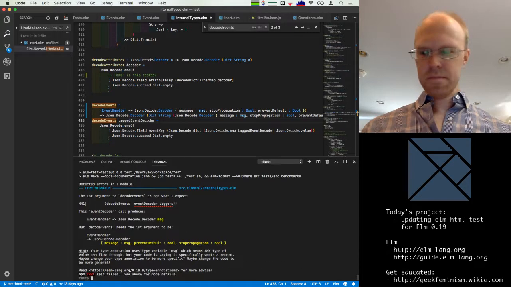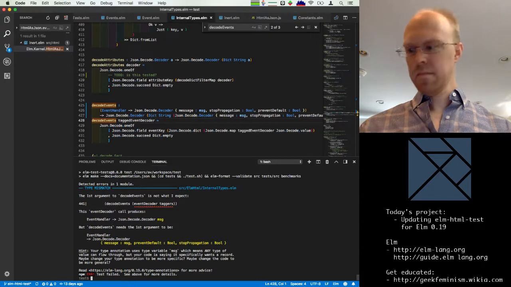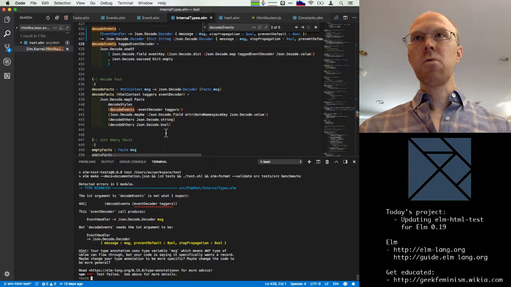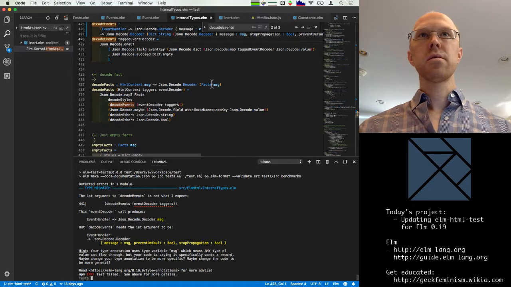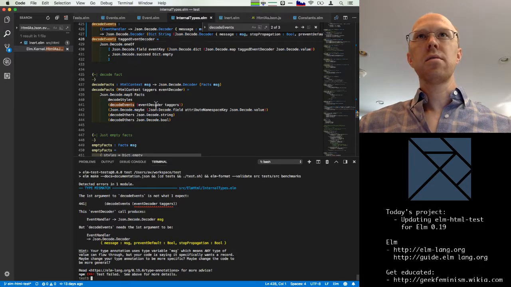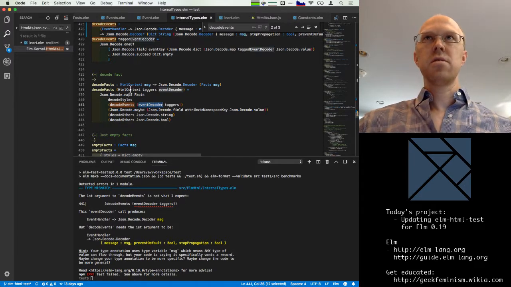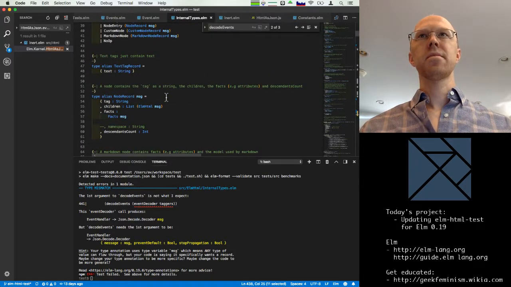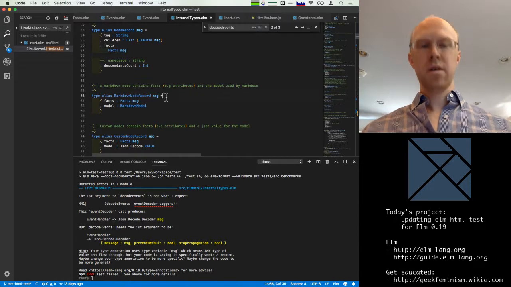All right. And internal types 441. Yeah, okay, so what is wrong here? Event decoders is also wrong. Okay, so HTML context. Where did that come from?